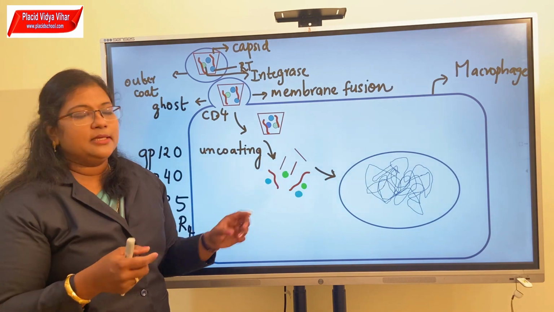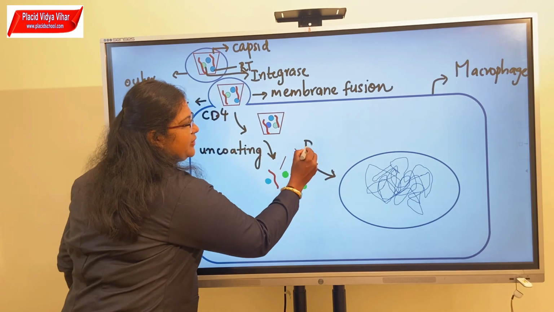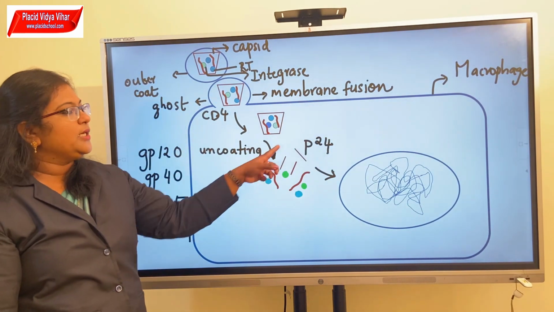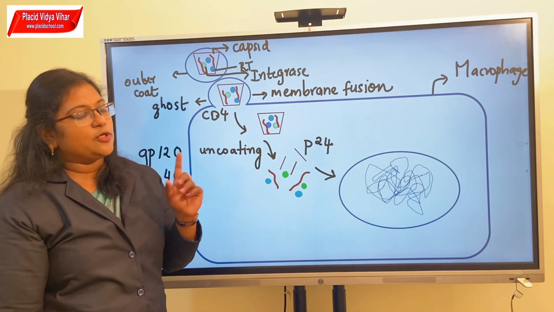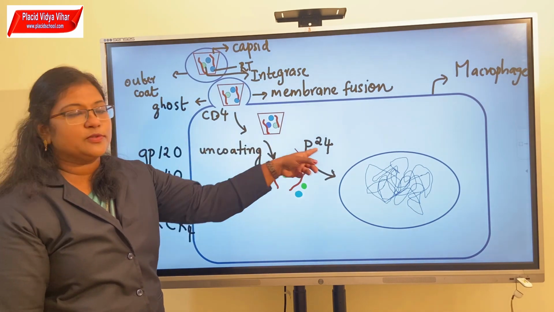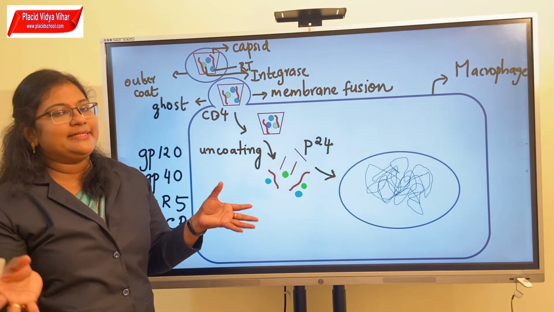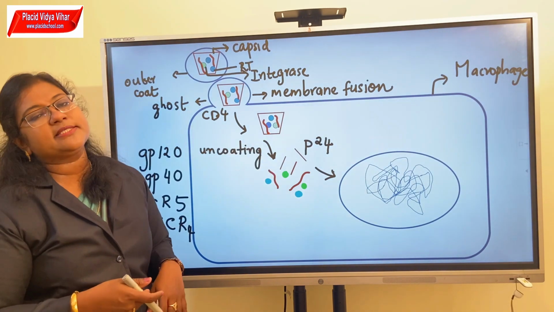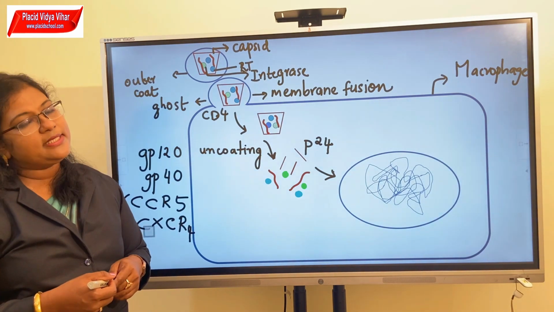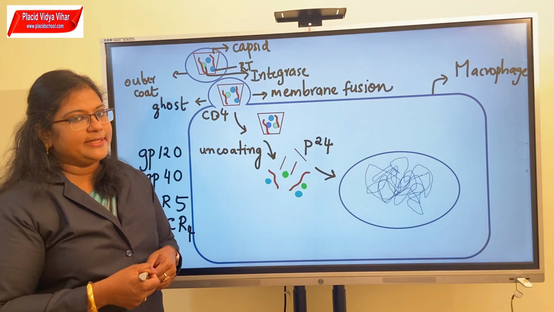You can see the proteins getting disintegrated, and one protein which is present here significantly is known as P24. In the diagram of the retrovirus also you can note down that there is a protein known as P24 which is present in the capsid. Of the many proteins present, this is most important. So the P24 protein containing capsid molecule is disintegrated. It falls into the cytoplasm of the cell, and the RNA are also released into the cytoplasm along with the enzymes reverse transcriptase and integrase.